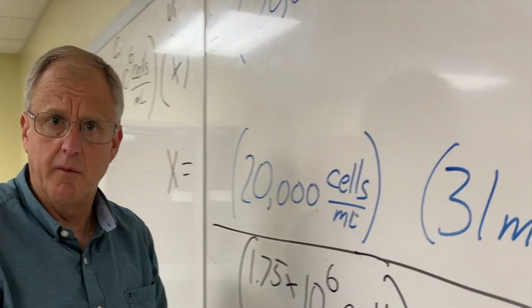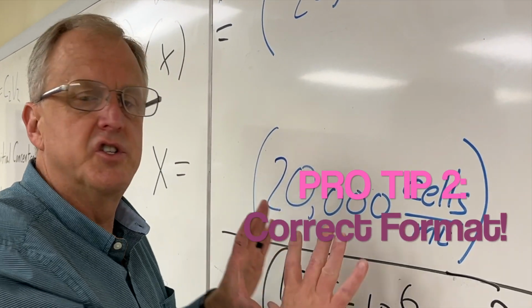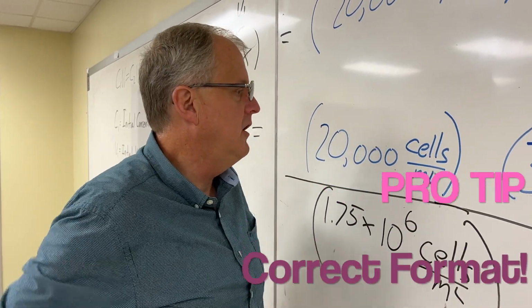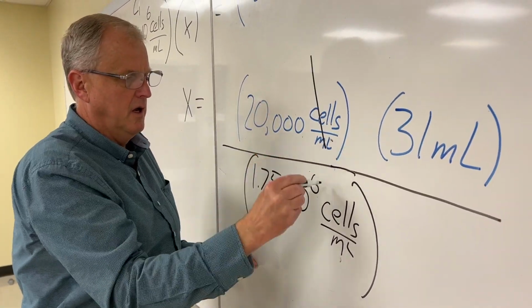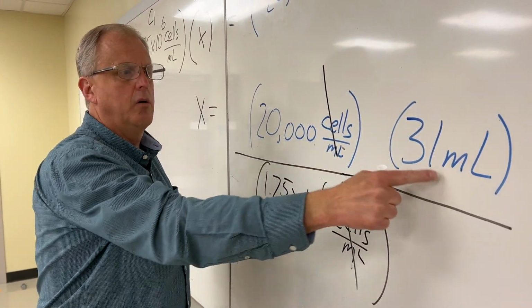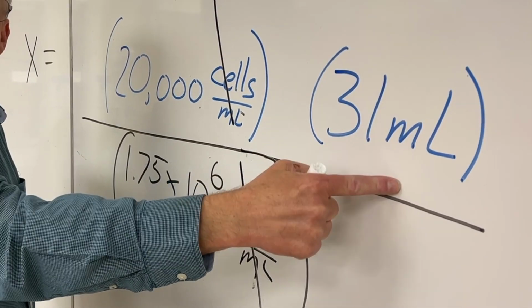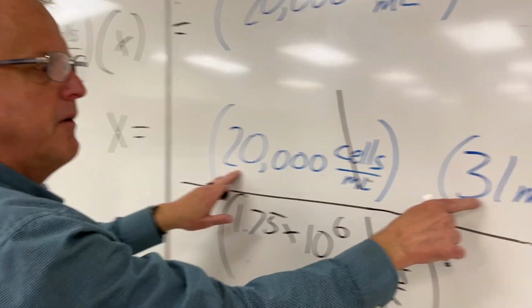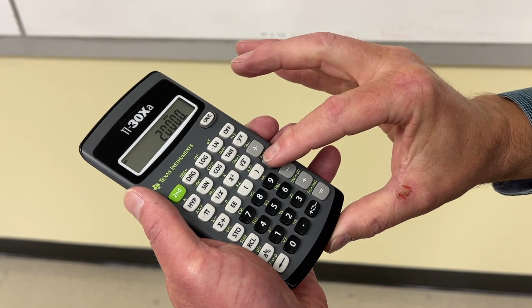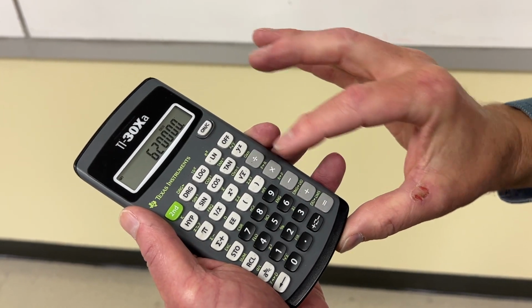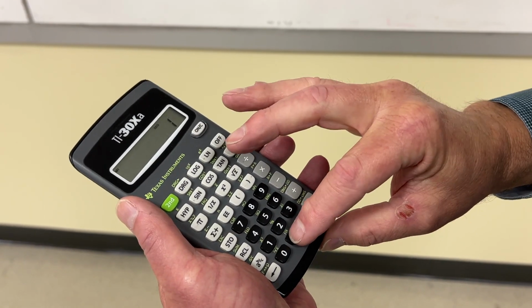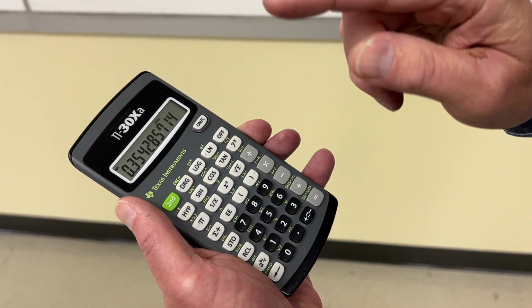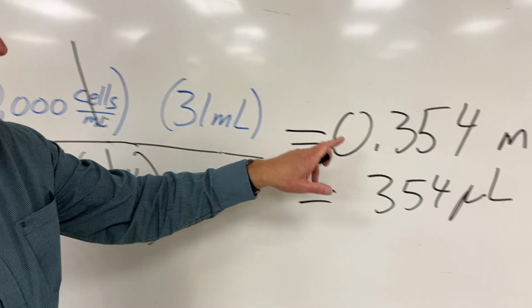This is something I always tell my students to do. Please, when you set up any type of equation, make sure it's in the right format. For us right here, cells per mil, they cancel each other out. We're left with the volume. So this is the unit that I'm expecting, some type of volume. So if I take 20,000 and multiply by 31, 20,000 times 31 equals, now we divide it by 1.75 times 10 to the 6 equals 0.354